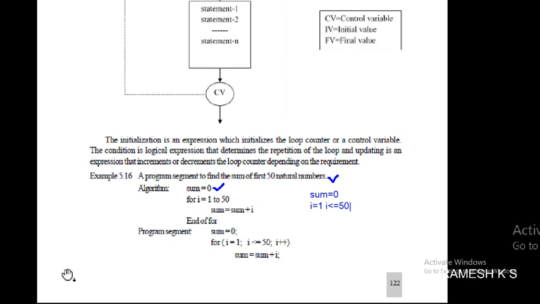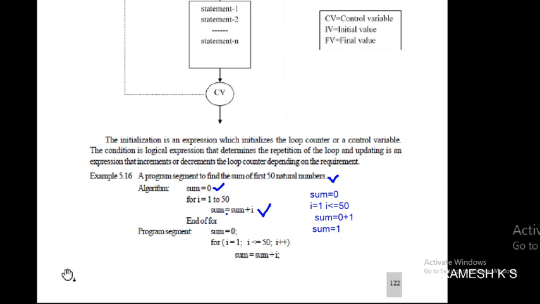1 less than or equal to 50 is true. Once it is true, the following statement will be executed: sum is equal to sum plus I. Sum is 0, plus I value 1, so sum is now 1. Then it goes back to the loop. It continues for 1, 2, 3, 4, 5, 6 up to 50, calculating the sum value each time.